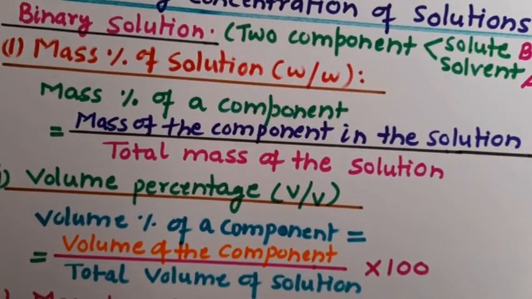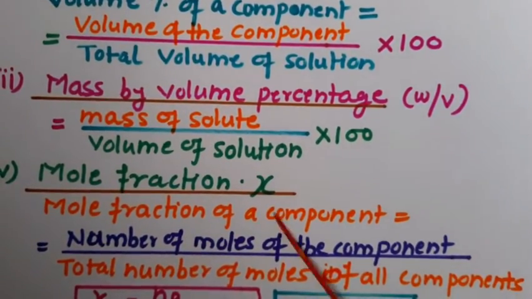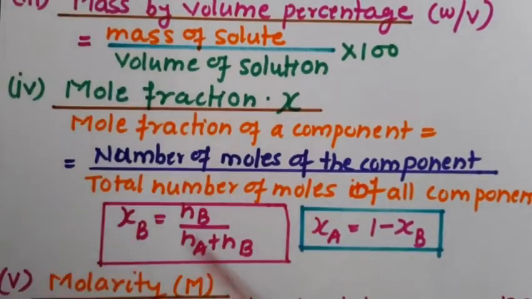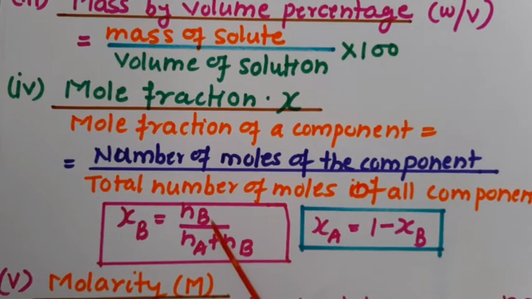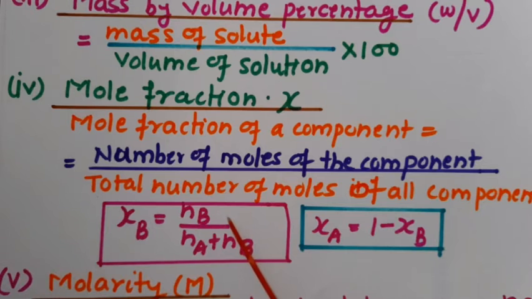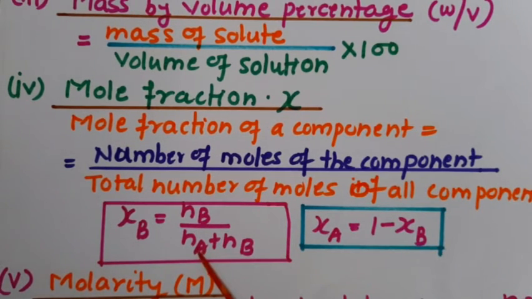Now next step, you have to convert it into the mole fraction. For mole fraction, you have to find out the number of moles of component B, that is nothing but the solute, that is given as 20 gram, and the number of moles of solvent, that is nothing but 80 gram. So divide the given mass by molar mass of the respective components. It means 20 gram divided by molar mass of the glucose will give you the value of NB, and 80 gram divided by 18 gram per mole, that is the molar mass of water. Suppose the second component, that is the solvent, is taken as water and the solute is glucose. We are talking about the 20% glucose solution.